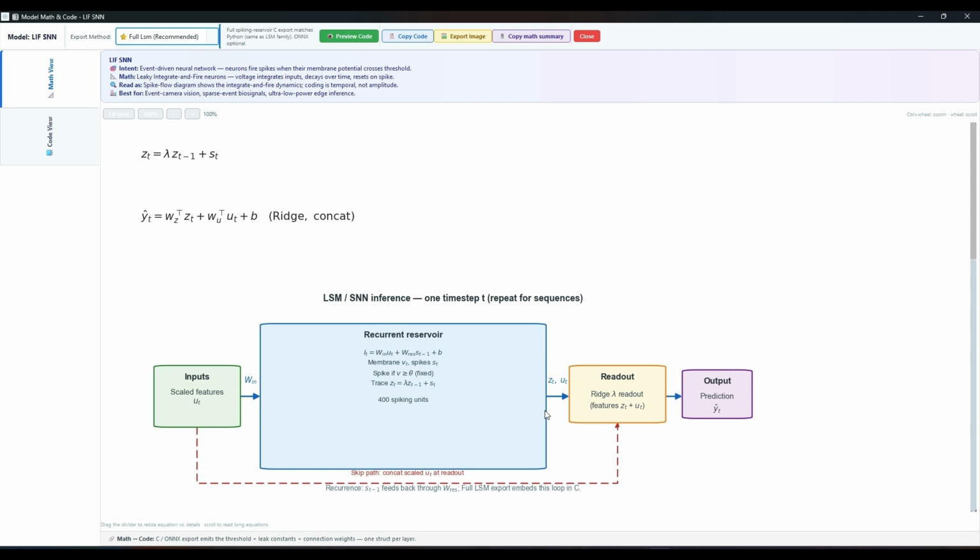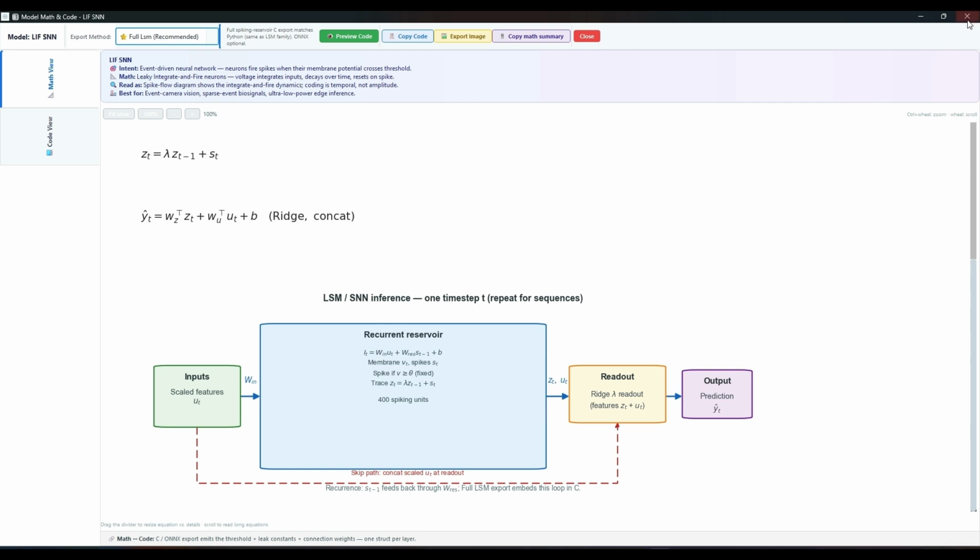The readout layer combines the reservoir states with the current inputs to generate the final prediction. The skip path directly connects the input to the readout layer, while the feedback path preserves short-term memory by allowing previous reservoir states to influence the current state. After training, OpenMathAI uses the learned reservoir dynamics and readout parameters to predict outputs for new input data without retraining